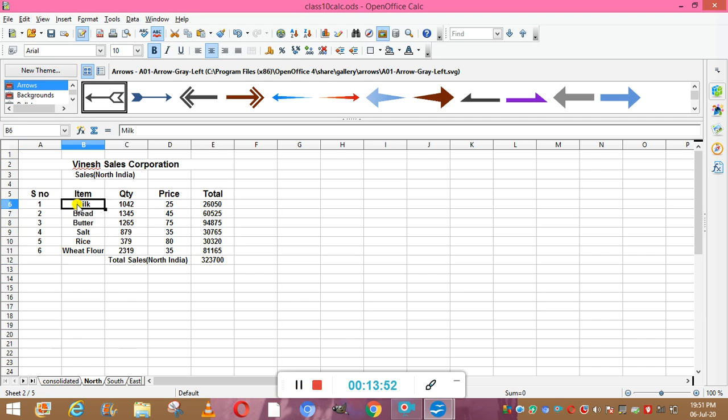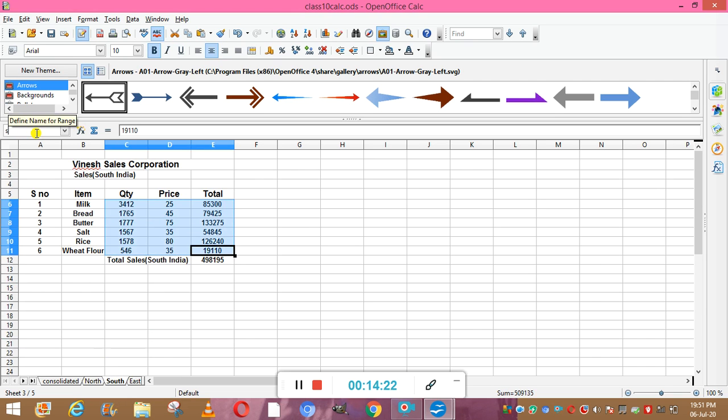Now similarly we will select the data in the north. Okay, this data needs to be consolidated, so we are going to select this data, and we will keep the range name north 20. Now even in the south we can keep their name south 20. Okay,